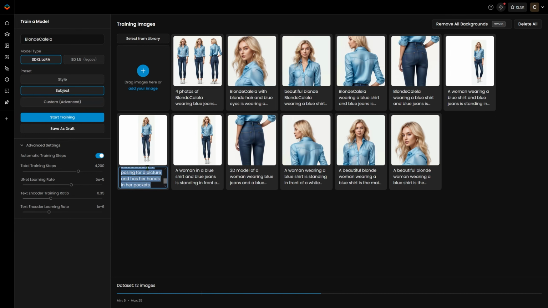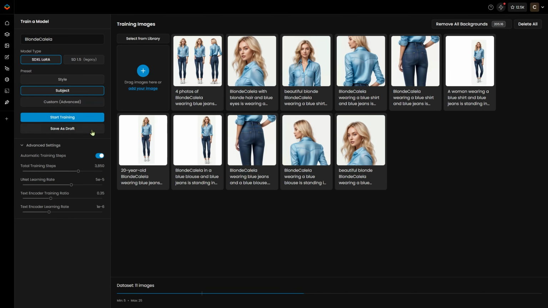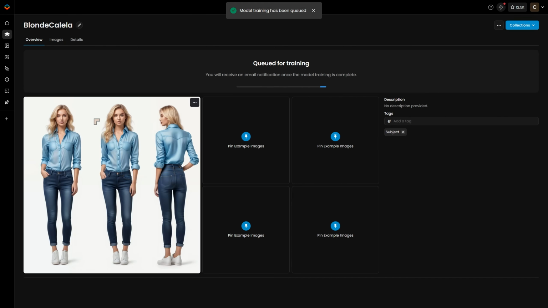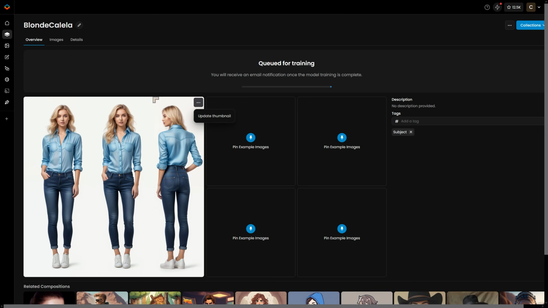As long as the captions look good, you should be good to go for the training. Now we can save the model as a draft and then do the training a little bit later on. But the training itself will take a little bit of time, and you'll get an email once it's finished. And once the training begins, we get over to the model management area,